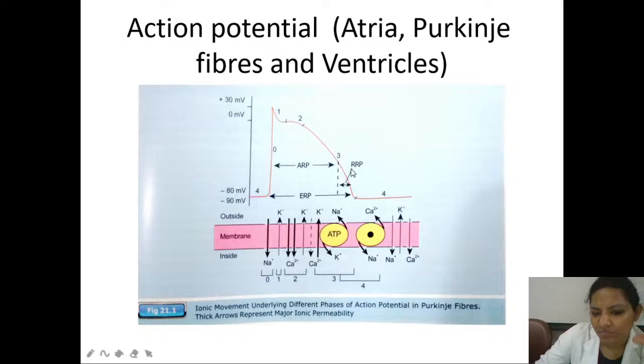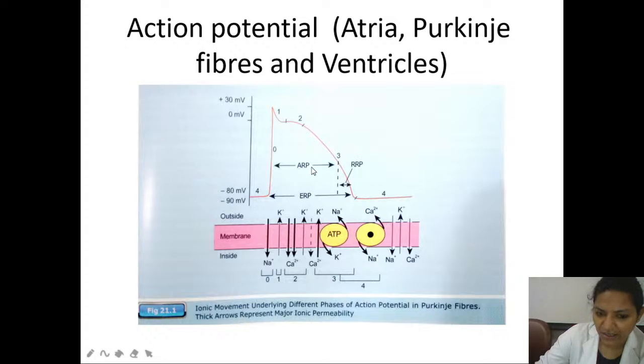Then we can overcome the relative refractory period and stimulate the cell for the next action potential. But during the absolute refractory period, when the sodium channels are inactivated, they cannot be stimulated. No matter what the strength of the stimulus that we give, they cannot be stimulated for giving the next